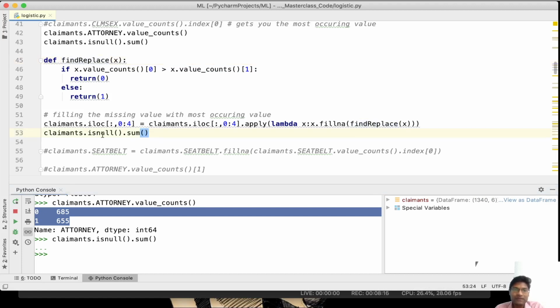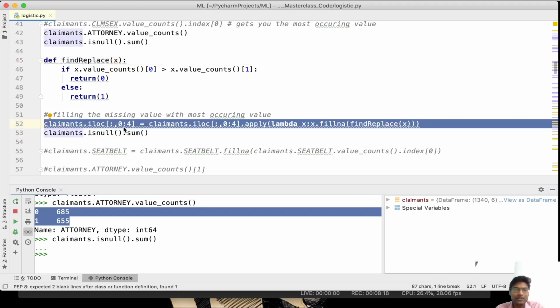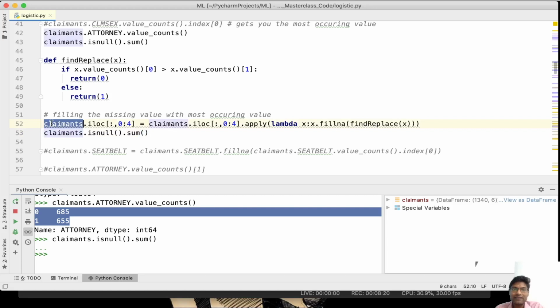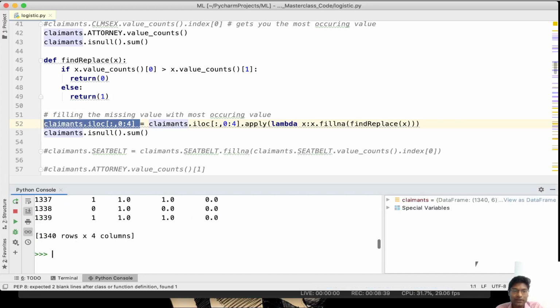To perform that step, this one single line will be useful. Here, data frame dot iloc, we are going to access the data frame with the help of index location. All rows, colon, 0 to 4 columns. Let's see what data is present in columns 0 to 4. Just copy and paste it here.